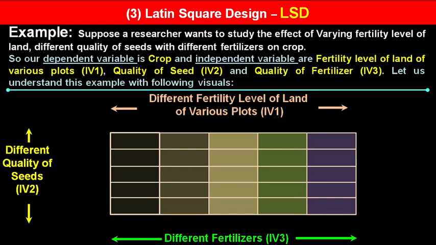Let us understand it with the help of an example. Suppose a researcher wants to study the effect of varying fertility level of land, different quality of seeds with different fertilizers on crop. एक researcher